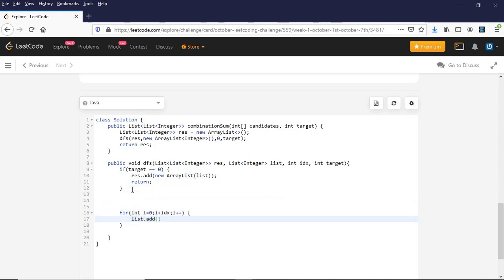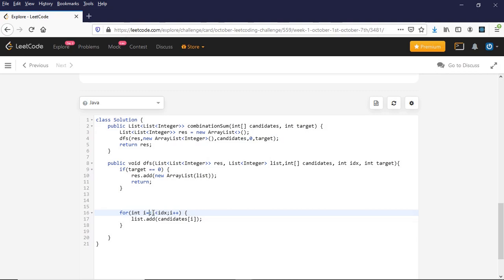So list dot add the actual candidates. I need to pass the actual candidates as well, which is this one. So let me add it here: candidates of I. So I'm adding the current candidate here.